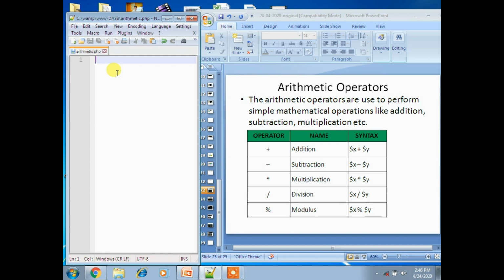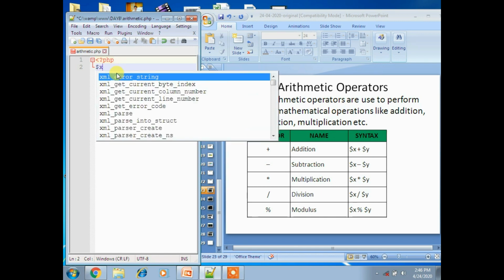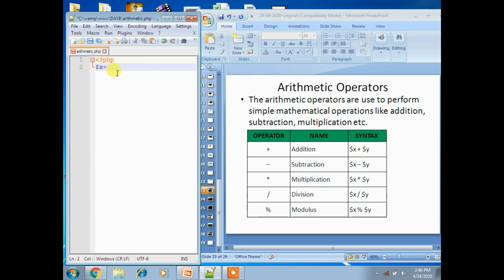Now write the code. I am taking the opening PHP tag, and now I am using another statement: $x equal to 29, and then another variable, $y equal to 4.